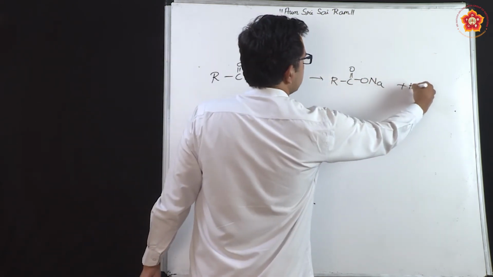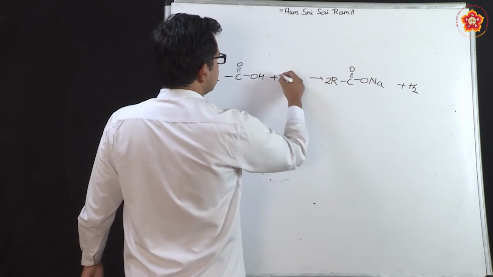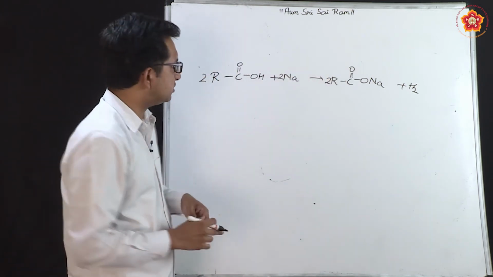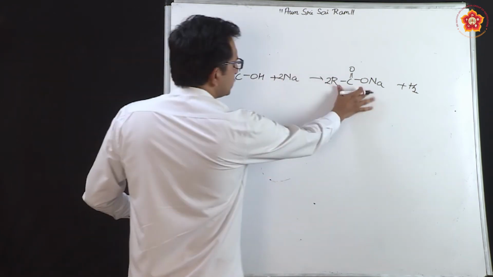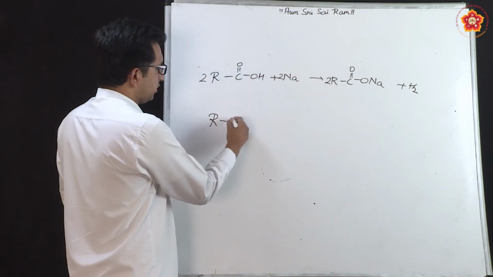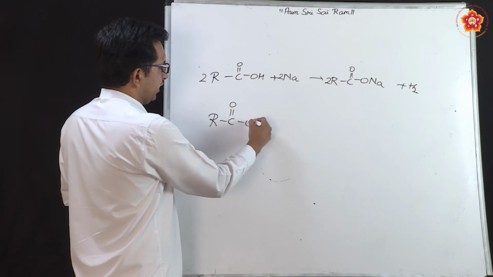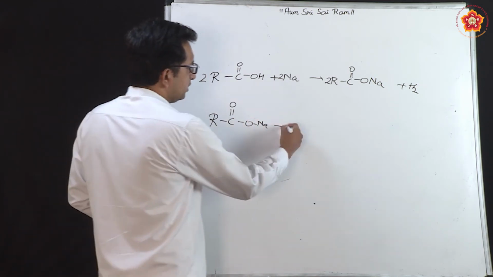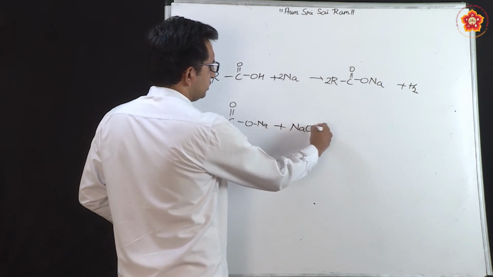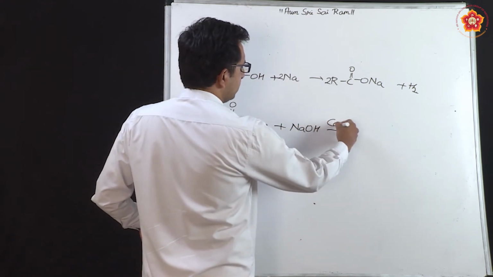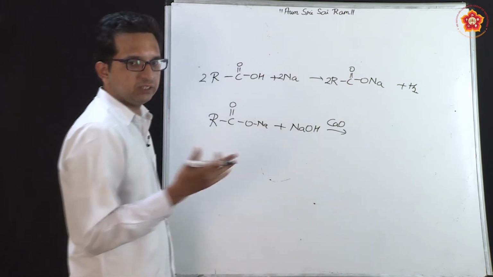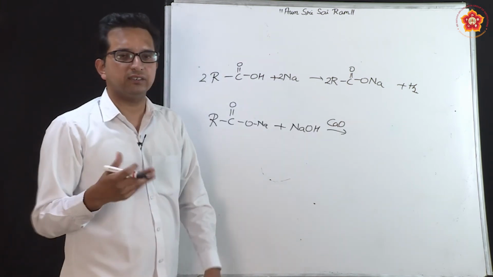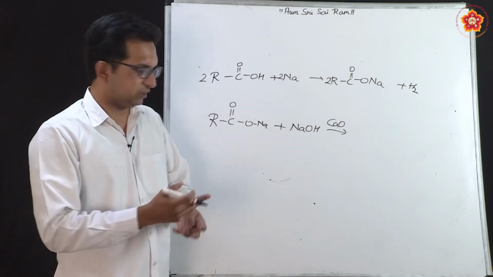We know that hydrogen gas will be eliminated. This reaction was seen while discussing the acidity of carboxylic acids. Now, this product which was obtained here, RCOONa, can be called the sodium salt of the corresponding acid. When it is treated with NaOH in the presence of CaO, in this soda lime, NaOH acts as a reagent and calcium oxide acts as a catalyst. It is part of the same reagent setup.